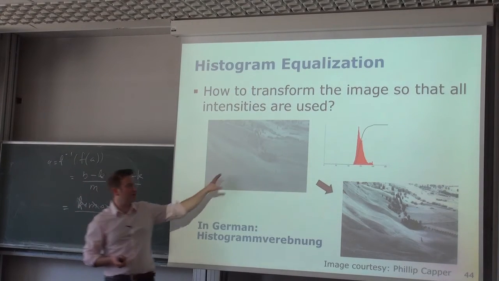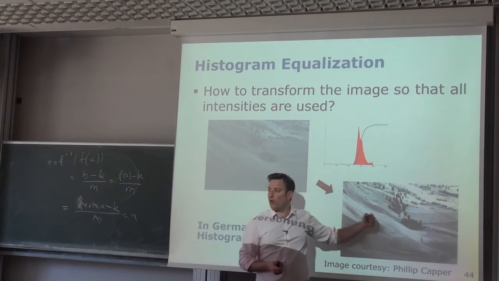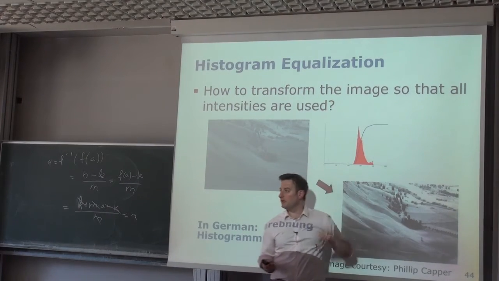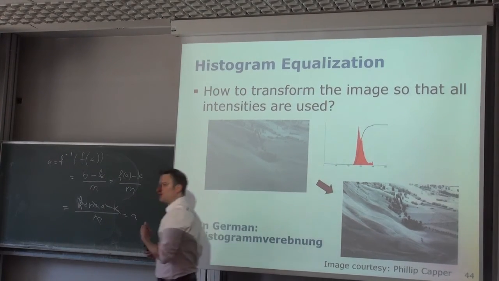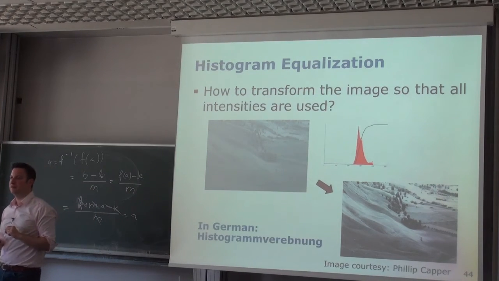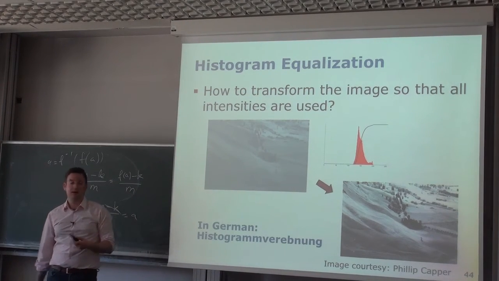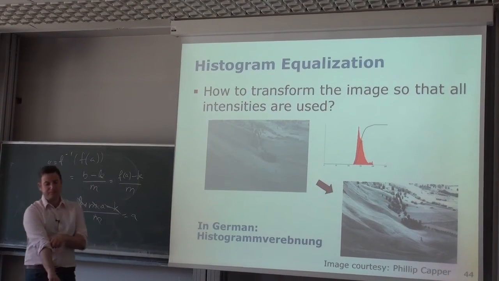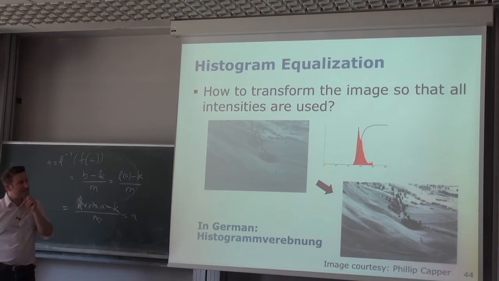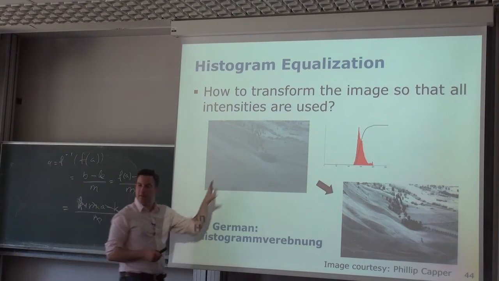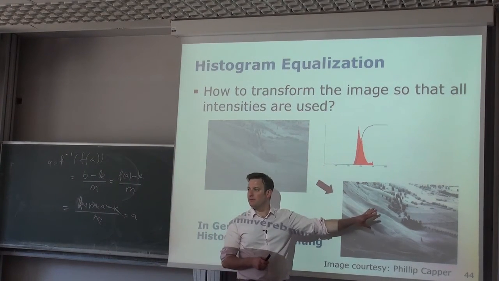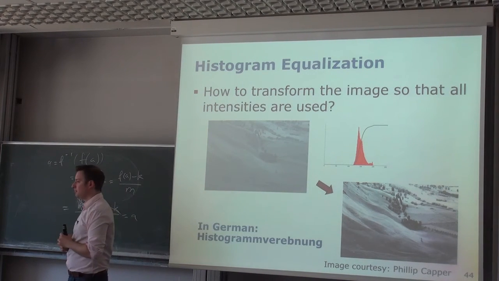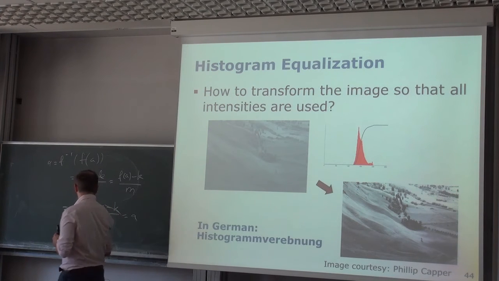So what I do here is I have an input image and I want to specify a certain output image, which is basically a uniform distribution over those intensity values. And how does this function f look so that I actually achieve that? I need to know this function f in order to actually do this transformation. Okay? So if I say my output histogram should have the same number of intensity values for every bin, what I can actually say is that